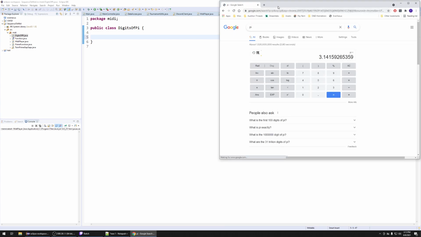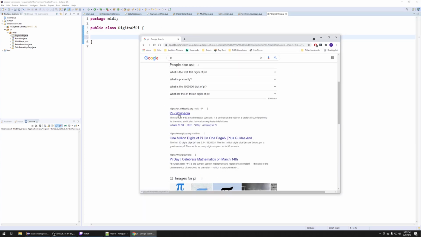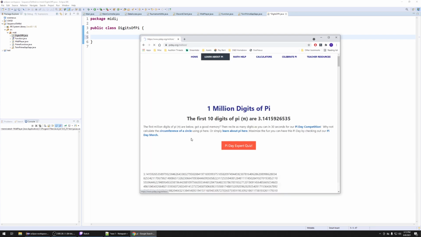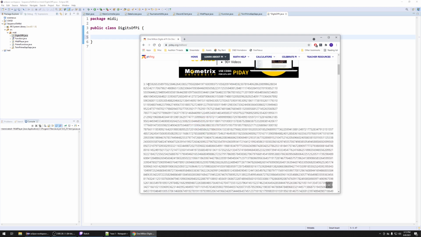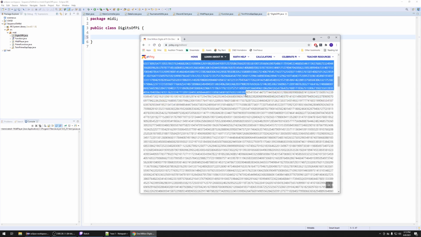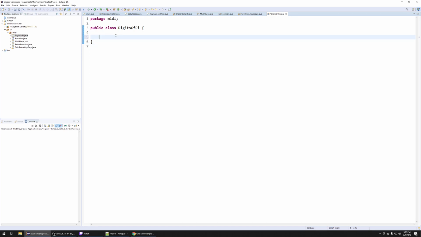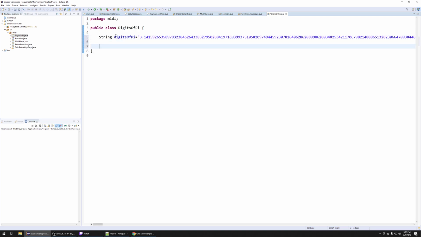Pi. No, I want the 1 million digits of pi in one page. Here we go. Yeah, we'll copy the 3 as well. I'm just going to take like a lot of these. Actually, yeah. Okay, so we've got a really long string. But we're going to get rid of this decimal point. And then we're going to do,